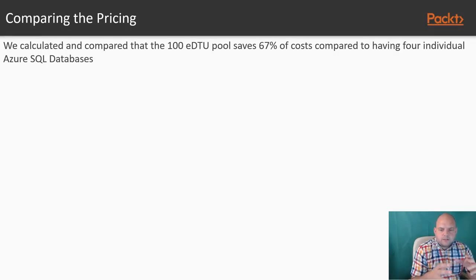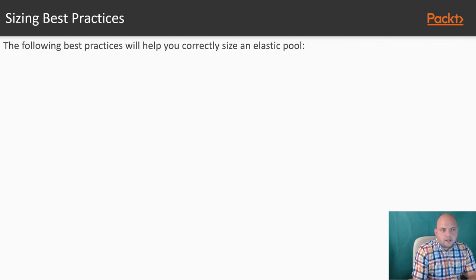So when it comes to price, we can see, and we have compared, that the 100 eDTU pool saves 67% cost compared to having 4 individual Azure SQL databases. So there's a lot of benefit when it comes to price comparison between the Elastic Pool and the individual Azure SQL databases. Now when it comes to sizing best practice, the following is going to help us correctly size an